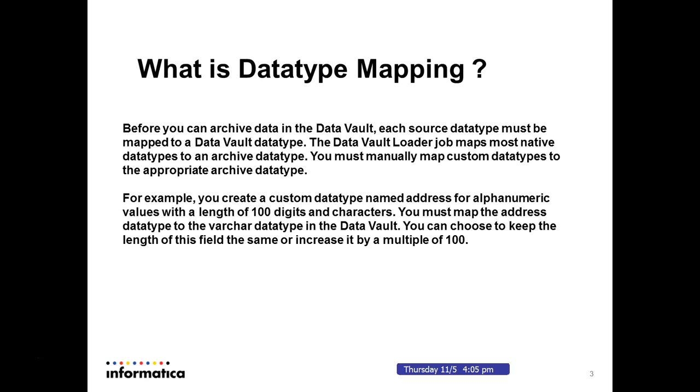but when you load this kind of data to the vault as part of the loader job, the job might error out with "data type address mapping for the data type not found." In such a situation, you'll need to map the address to a varchar data type. So this is the case when you forget to perform the data type mapping for this address data type. In case you have done it, the job should go through fine. And the length of the field can also be configured in the data type mapping. So going to the next slide,